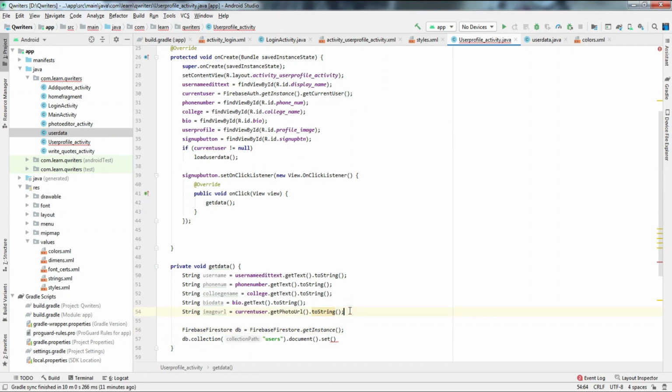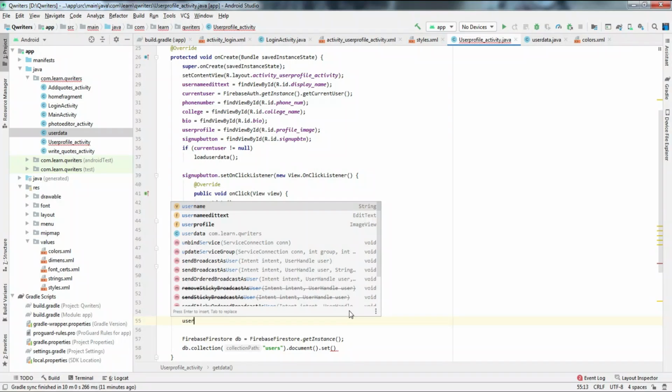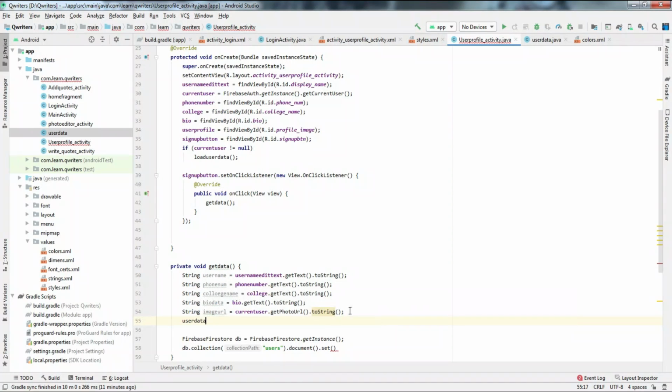So here I'll show you. Just import that class, UserData. We have given the name UserData. Give one variable name, dataSendClass, and import the class.